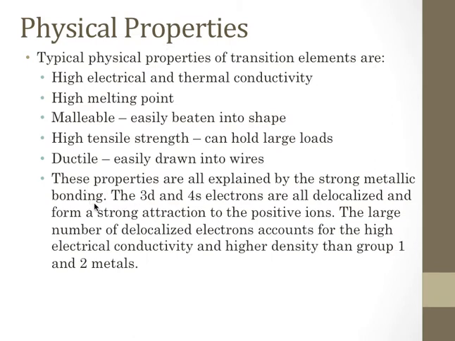More physical properties: high electrical and thermal conductivity, high melting point, malleable, you can beat them into a shape, high tensile strength, they can hold large loads, ductile, you can draw them into a wire. These are all explained through the strong metallic bonding in that transition metal. The 3D and the 4s electrons are all delocalized, so you've got a lot of those electrons moving, and they form a strong